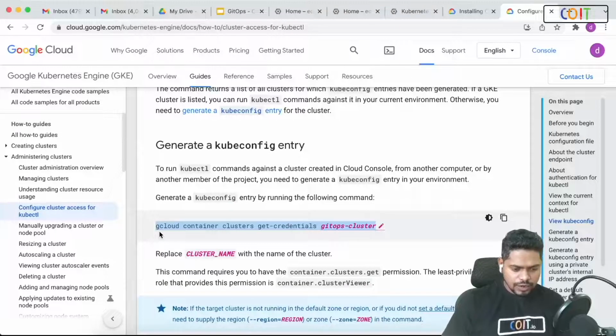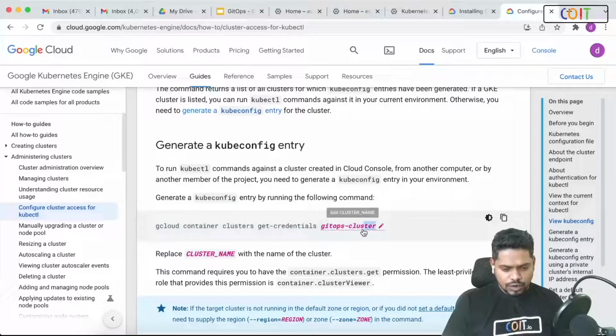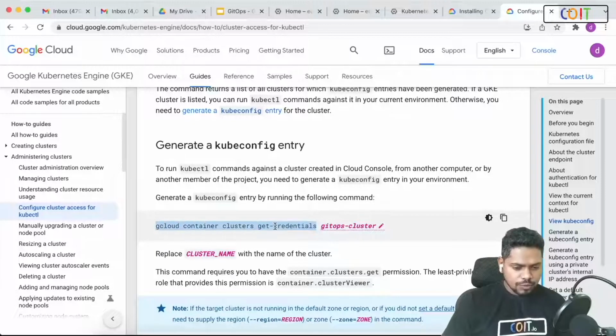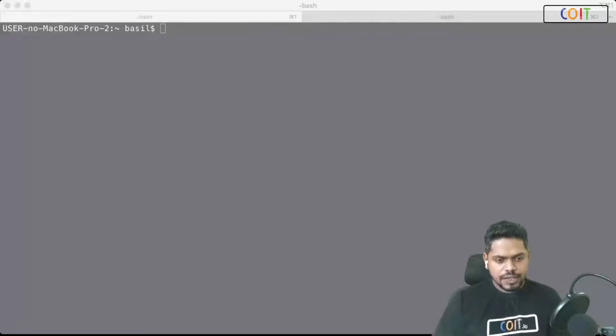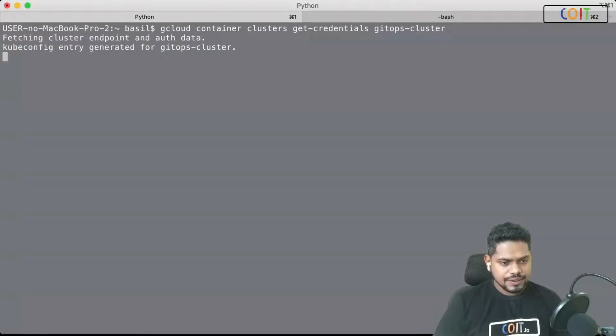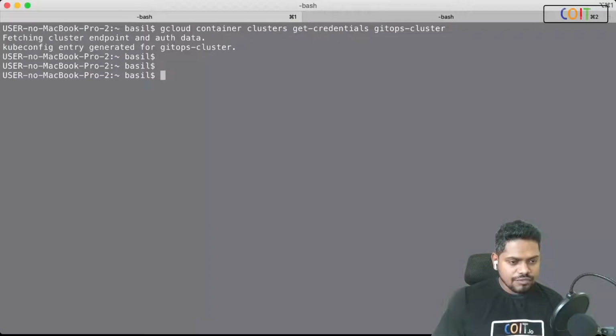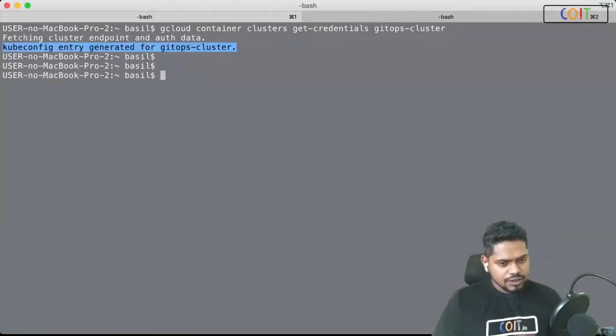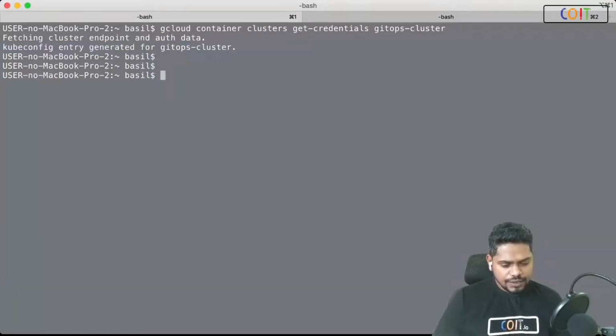Then Gcloud will connect to my Google Cloud account, locate this cluster in my Google Cloud account, generate all the necessary credentials, and that would get downloaded and stored in my laptop. So let me execute this command on my laptop. Just run the command, and that's it. It says kubeconfig entry generated for the GitOps cluster, and that file in my laptop is this